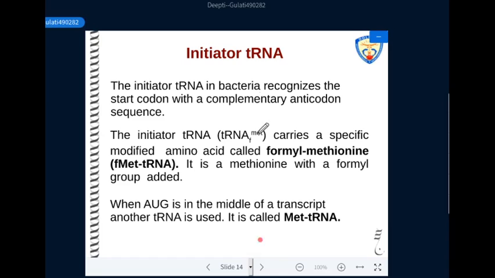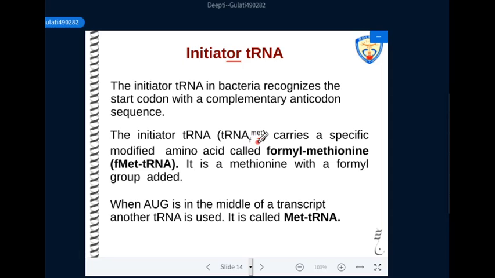Now, once this step is done, we move on to the second step of initiation, that is the binding of the initiator transfer RNA. The initiation codon, as we know, in most cases is the AUG codon, and the transfer RNA that recognizes and binds with this codon is the one carrying methionine. So methionine will be the first amino acid added at the N terminus of the polypeptide chain. So this initiator tRNA will be the tRNA which is charged with methionine.